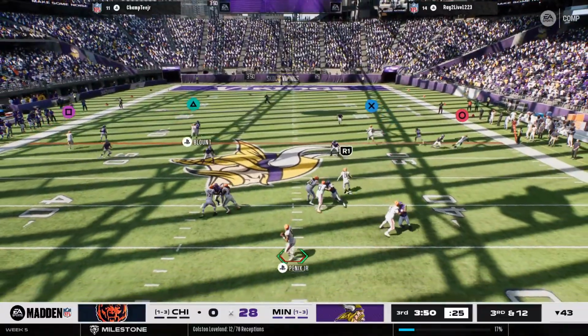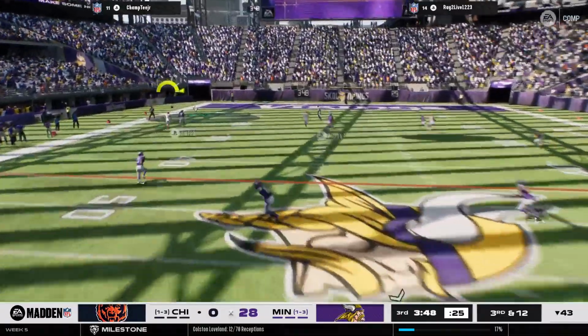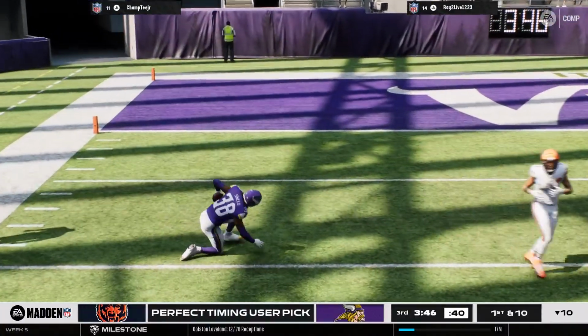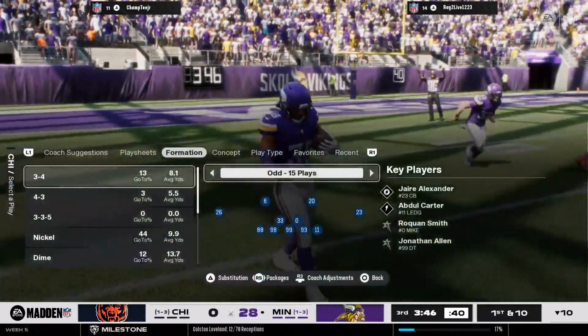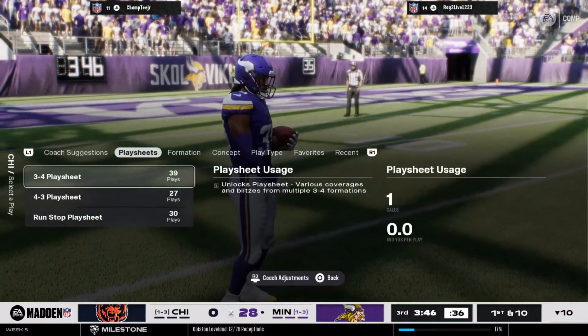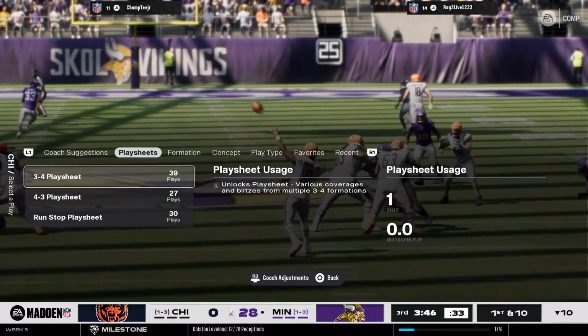Here he goes, third and long. Oh, put some heat on this deep ball, left side. Oh no, they get him yet again. Jarius Sneed with the INT. Well, just when you think things can't get any worse, Brock, I am not sure what you call it